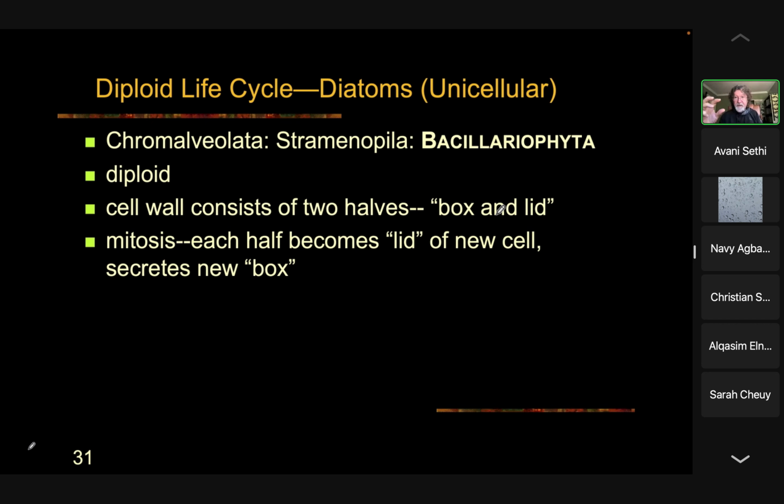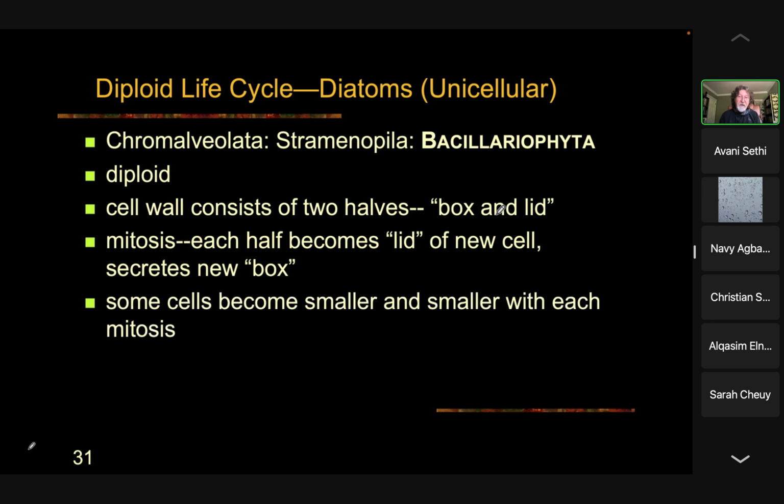And so this cell is smaller. And if that keeps going, they keep getting smaller and smaller. And then that's when they'll undergo meiosis, when they get too small, because meiosis will restore their original size. And so if we go to this next slide and look at it, this is how it works. So it's a diploid, okay? Two sets of chromosomes, and I'm not showing the nucleus in here, but here is the lid, there is the